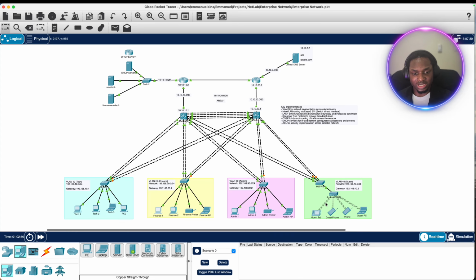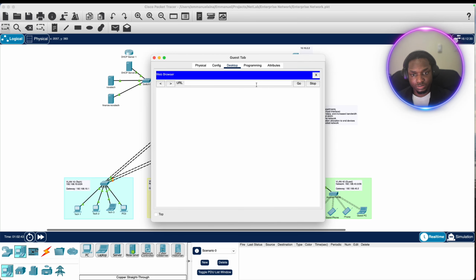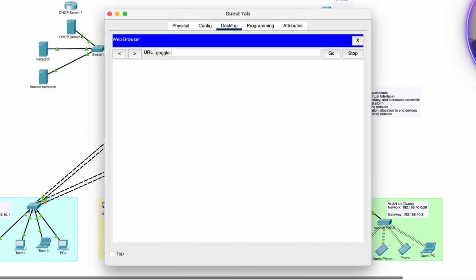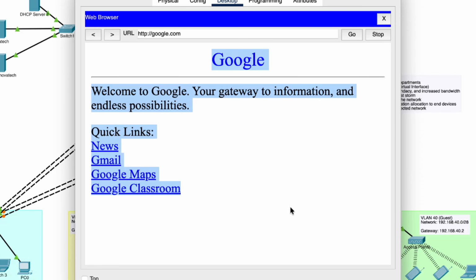So next thing we want to test is, we also want to see if our guests can access our internal tools and also the external tool. So let's try external first to make sure it works. So google.com. Oh, sorry, that's different, .com. Okay, we can access Google from our guest network,